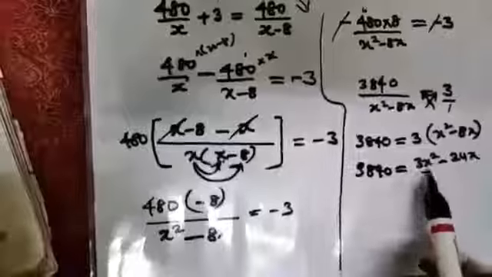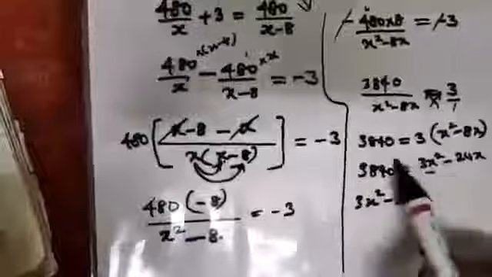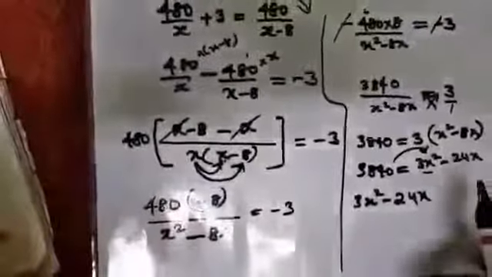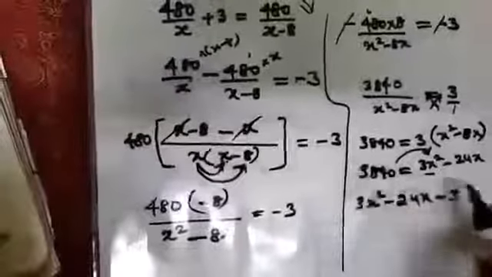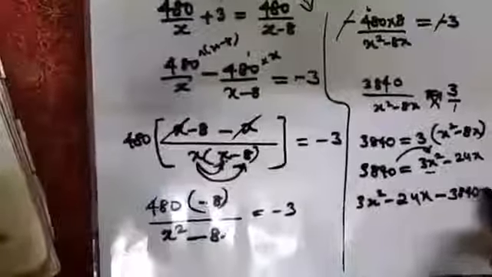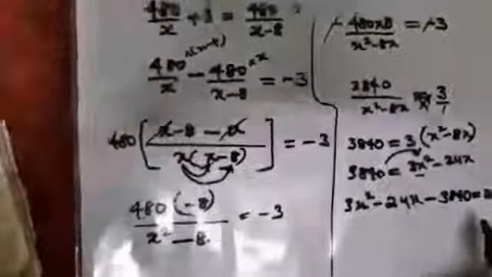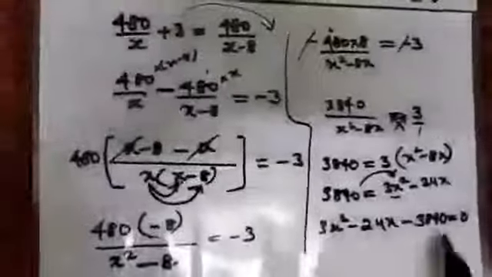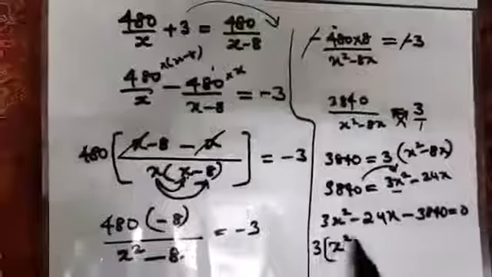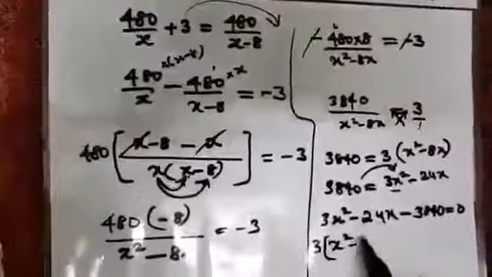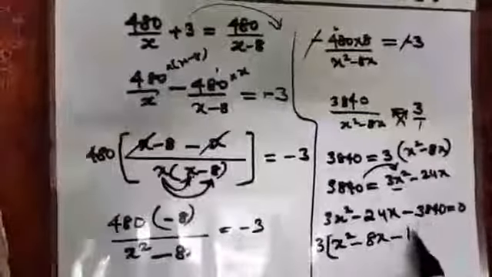Now we always try to keep x square as common, so I will write this side same. Simply I will transpose this 3840 to the other side. So it will become 3840 with a negative sign. Now this is the final quadratic equation, but if you want to make it in the simplest form, what is common in both? Can I take 3 as common? Of course I can take 3 into x square, 3x square, minus, as it is, 3 8s are 24, minus 3 1s are 3, 3 2s are 6.